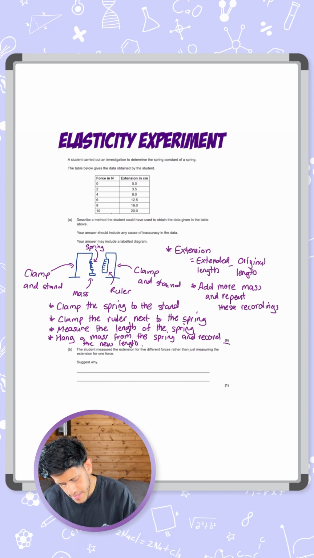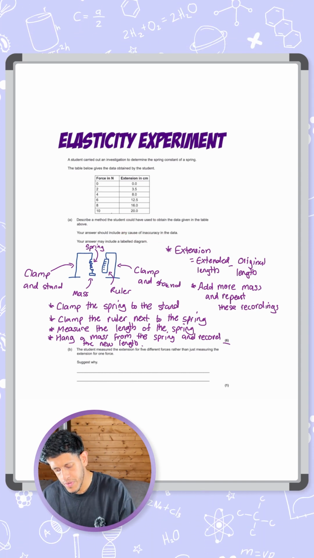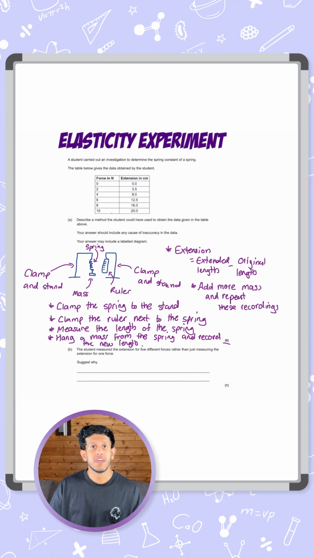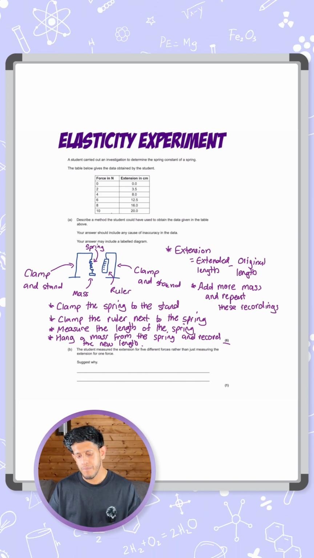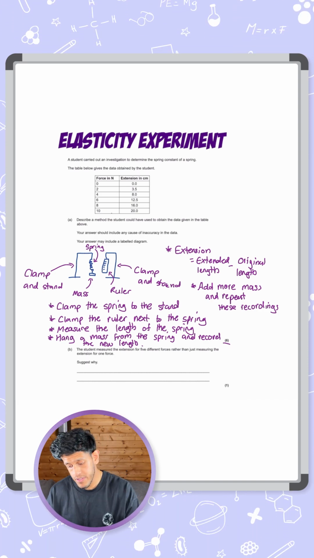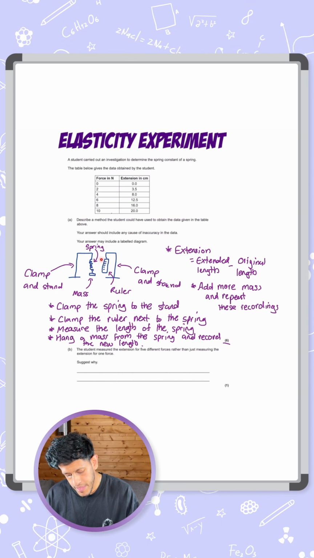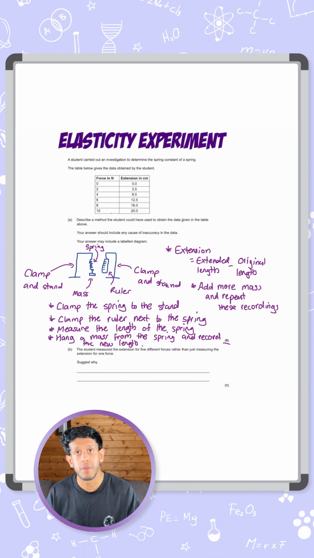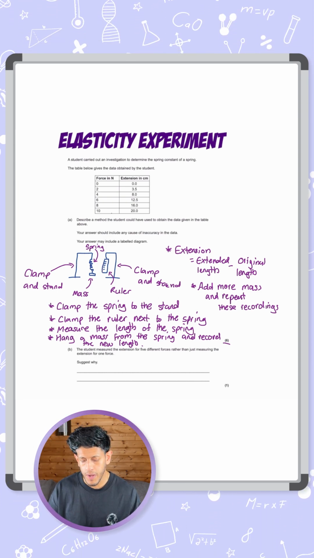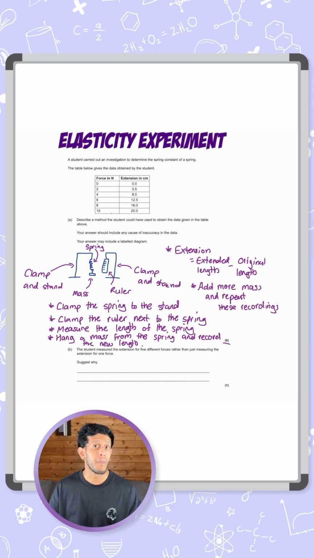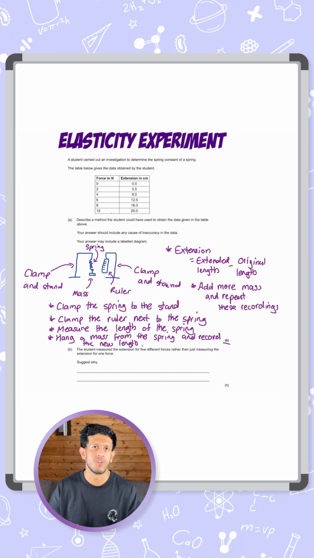Now the last point, it says any cause of inaccuracy. So we need 1 mark or 1 point to cover what could be an inaccuracy here. So the most likely thing is you're going to see maybe someone clamp the ruler incorrectly, so it may not be straight and vertical, so you get an incorrect measurement, or you could refer to what we call parallax error, so where they're reading off the ruler and they're not